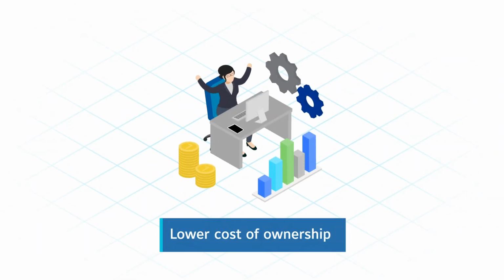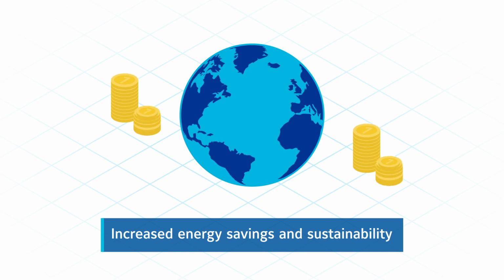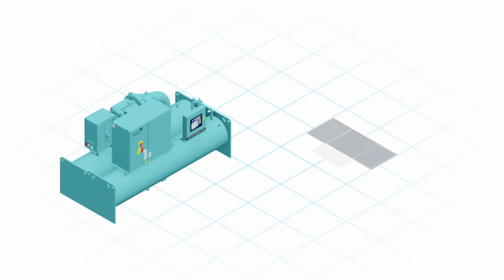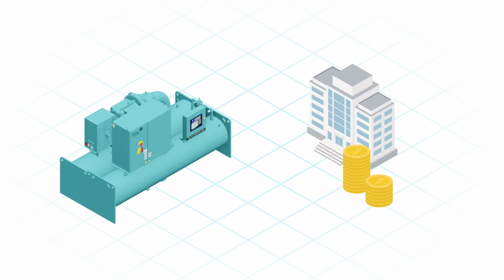fewer headaches, increased energy savings and sustainability, increased staff efficiency, better for your building, better for your bottom line, and